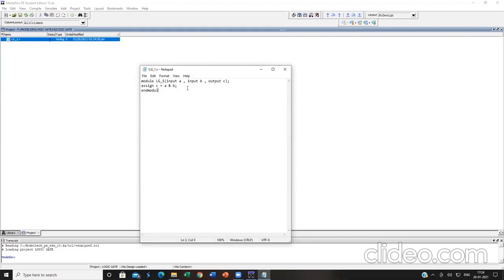Suppose you are making any changes, you'll have a star mark coming over here. That star mark indicates the work has not yet been saved. So kindly, if you are making any changes to the program, click on Ctrl S in order to save it.